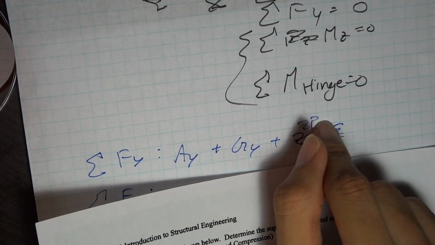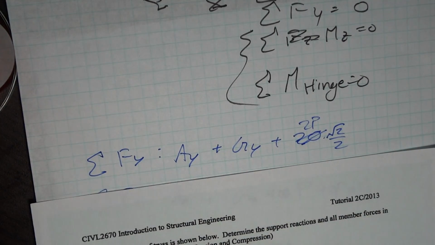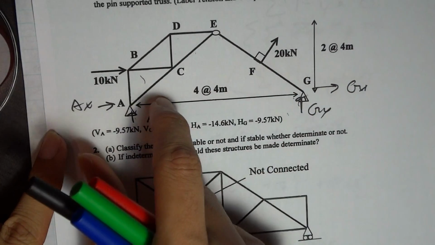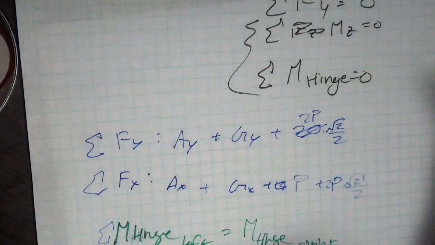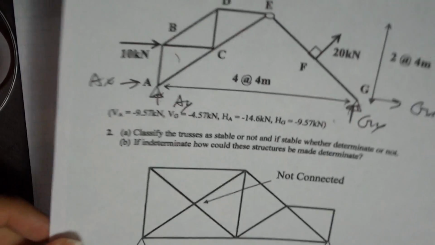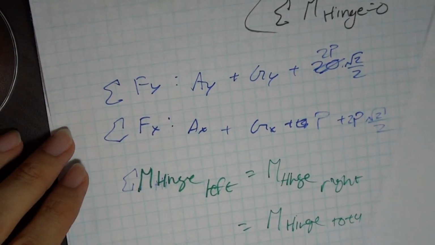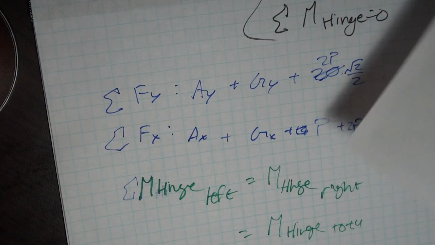When I'm looking at moment about the hinge, a hinge connects 2 or more components. I only need to look at one of those components at a time. Here I have 2 components. I only need to look at one component or the other at a time when I'm using this equation. So for example, my moment about the hinge right equation